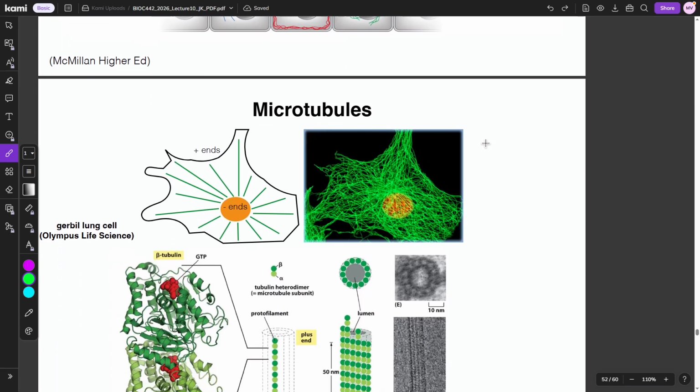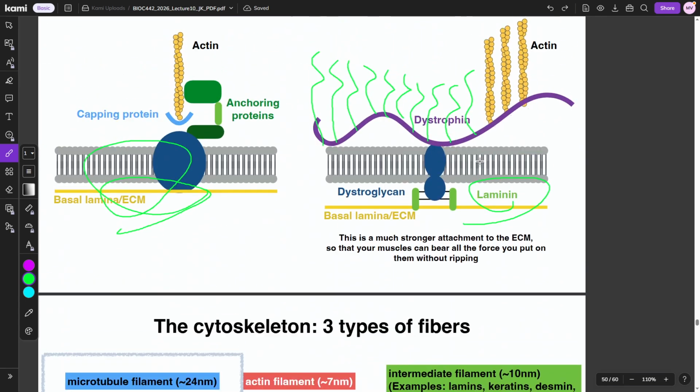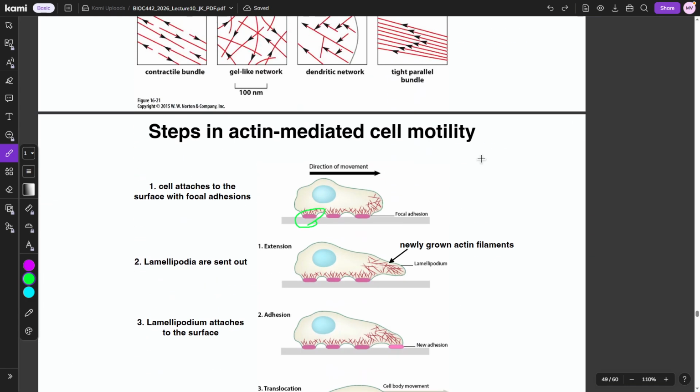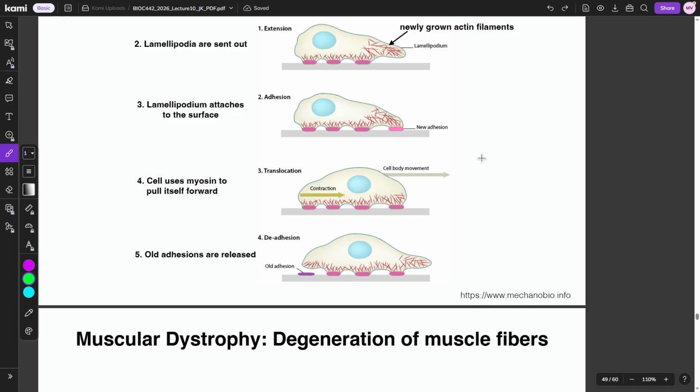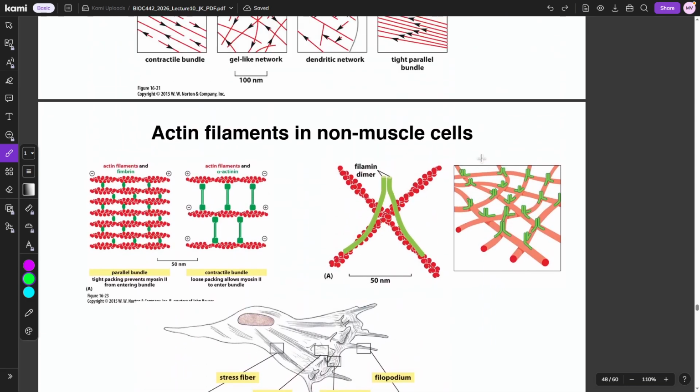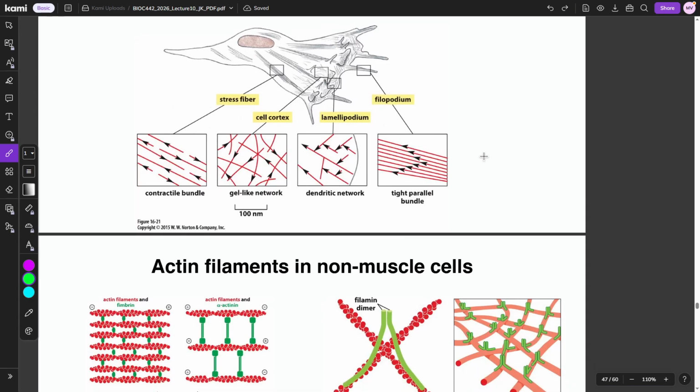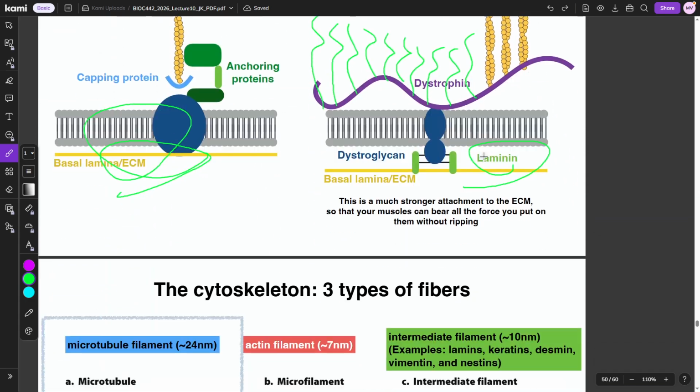Now we can talk about microtubules. I wish they kind of showed what they were talking about. I think this one is fine. Yeah, we're talking about microtubules a bit. So microtubules,